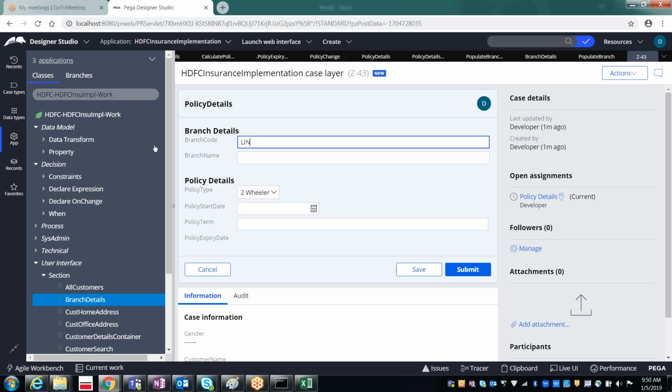Okay, SEC, something like that. So automatically this will change. So this is the way of using the decision table from an activity. So to refer to it from the activity, we will be using something called